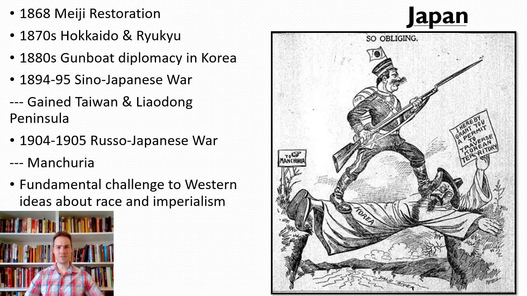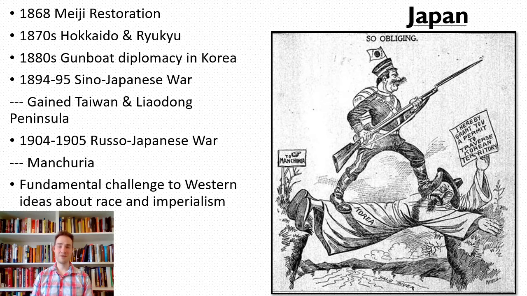Then in the 1880s, Japan is going to imitate exactly what happened to it with Matthew Perry and all that stuff you watched last time. And they're going to start sending gunboats to Korea, to China. They're going to get involved with the war in China. And they beat up on China severely. And when they do, China cedes to them Taiwan and the Liaodong Peninsula. And we already talked a little bit about China doing all these unequal treaties. This is part of that process, right? And China losing sections of territory and kind of being colonized, kind of not.